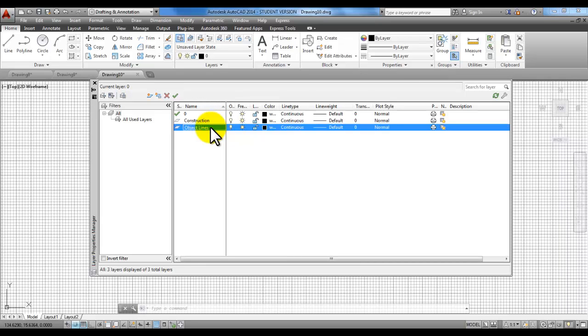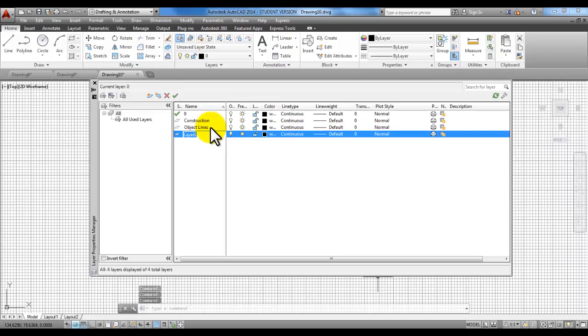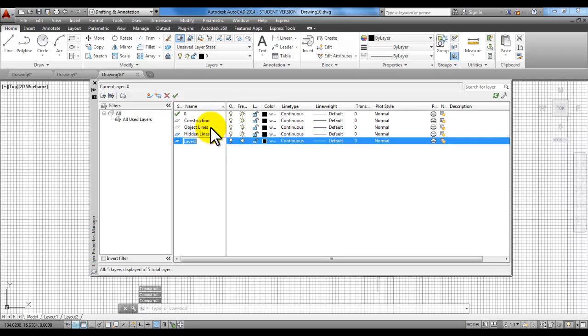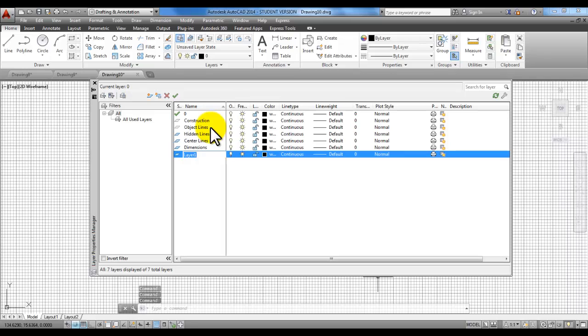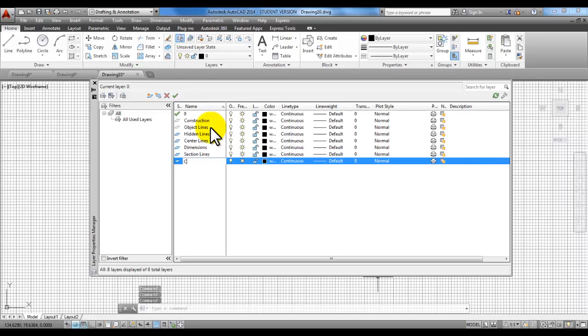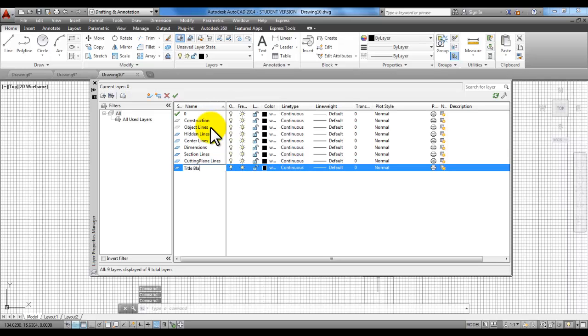And then press enter twice and continue creating these layers. The next one is called hidden lines. Press enter twice and type in center lines. We have one called dimensions. Press enter twice. Then section lines, cutting plane lines, title block,